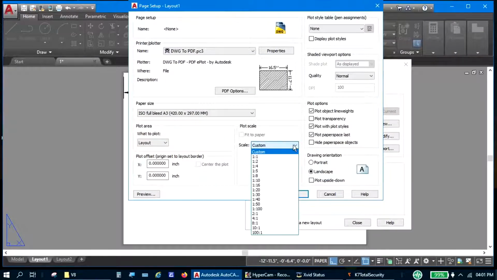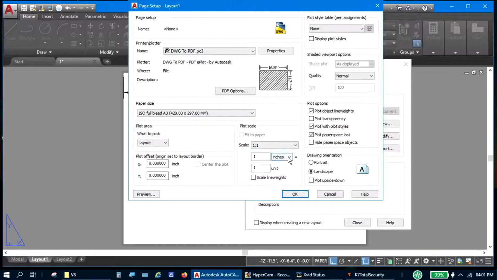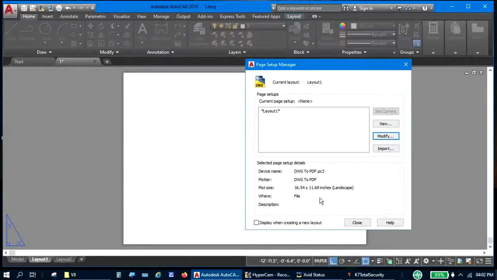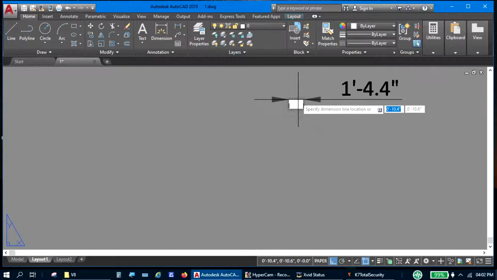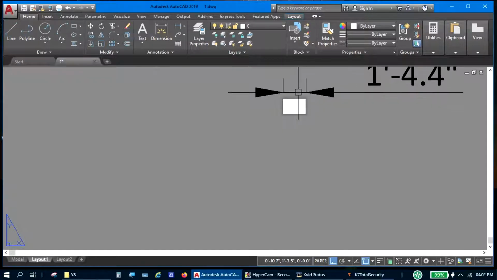Click on scale and select 1:1 and close it. Check for paper size for verification. I think it's okay.